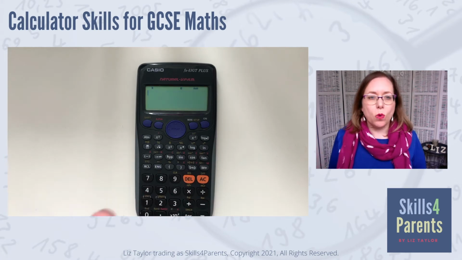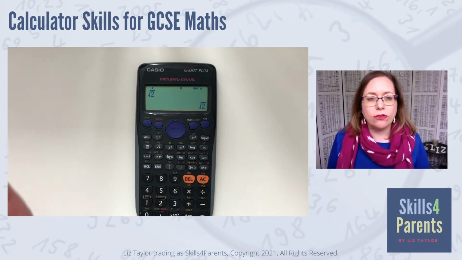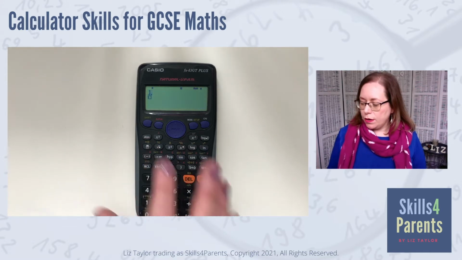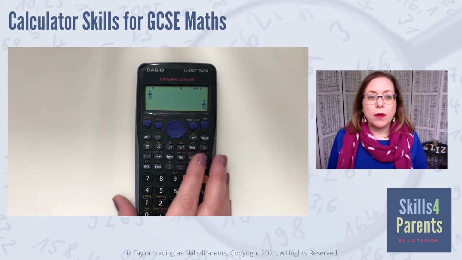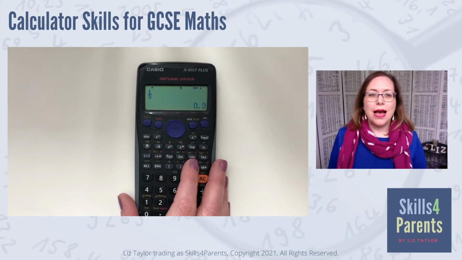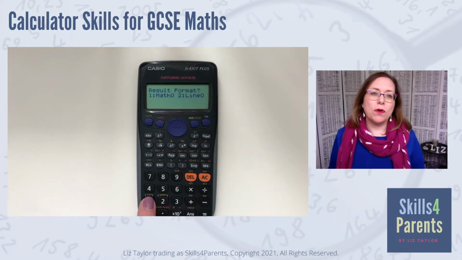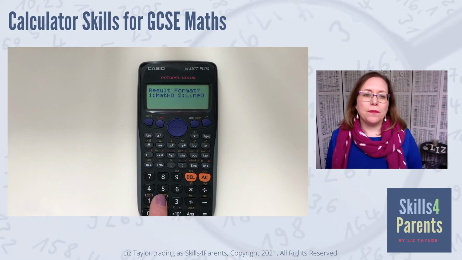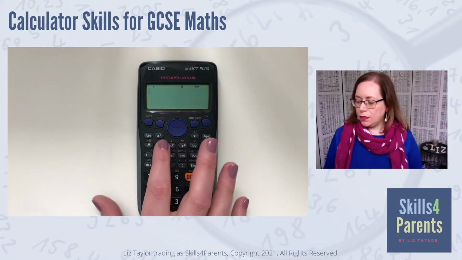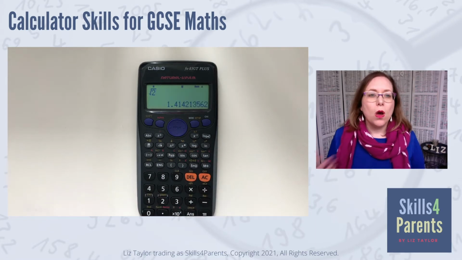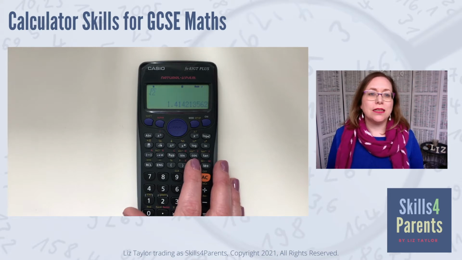If I type in the square root of 2, it will give it to me as square root of 2. Or if I put in 1/3, it will give it to me as a fraction. I can change it by pressing the SD button here, and you can see that I can then scroll through different ones. This time we put the format as line. Then if we put in the square root of 2 again, we've got it as a decimal, and if I press the SD button, it doesn't give it to me at all